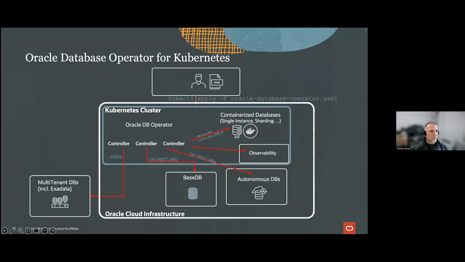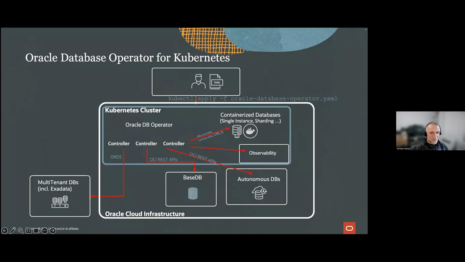So far, so good. This is a view of how it works. You can see that we will be installing the Oracle database operator. There's a line there that says kubectl apply -f. That's all it takes to install the operator in your Kubernetes environment. If you have a Kubernetes cluster right now, you need two lines to install the Oracle operator. You need to install Cert Manager, and we will take a closer look at that. And you need to run this line here, which is the YAML that applies the operator.